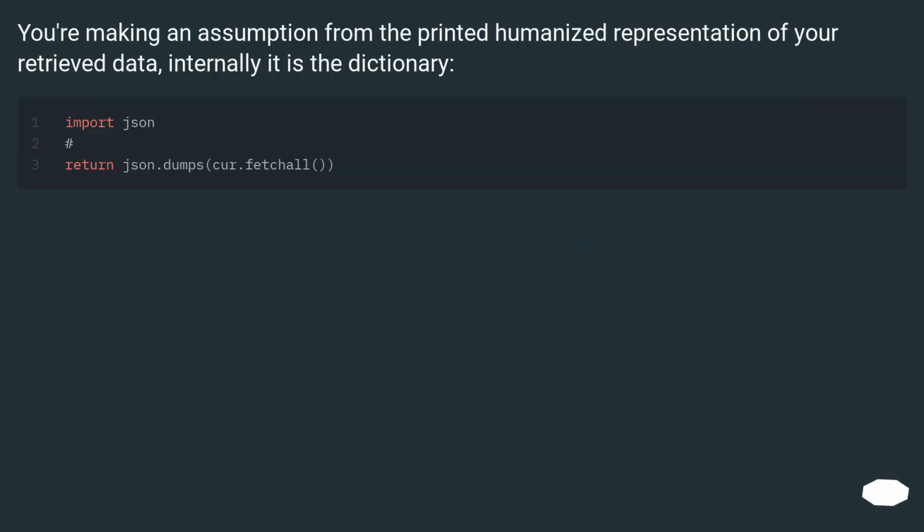You're making an assumption from the printed humanized representation of your retrieved data. Internally it is a dictionary. If you want to see more, please